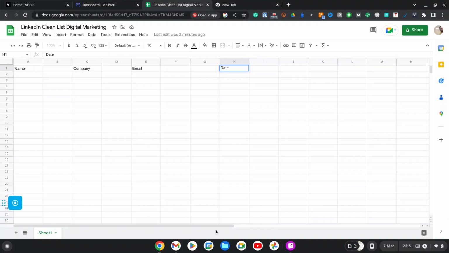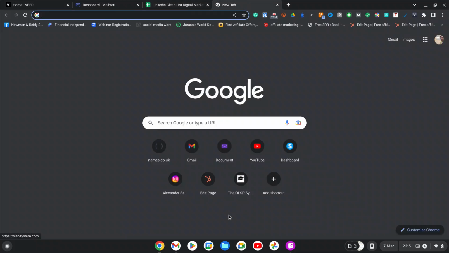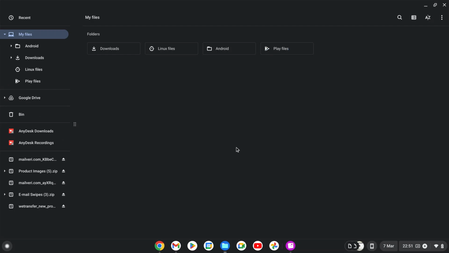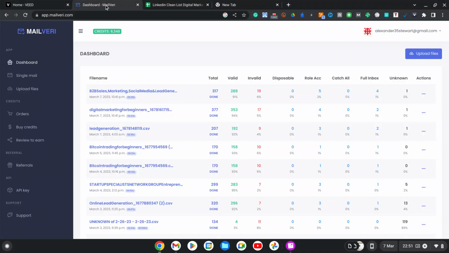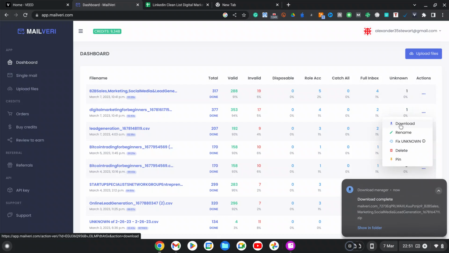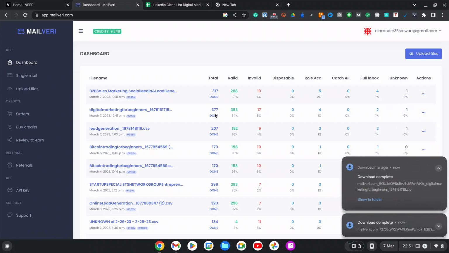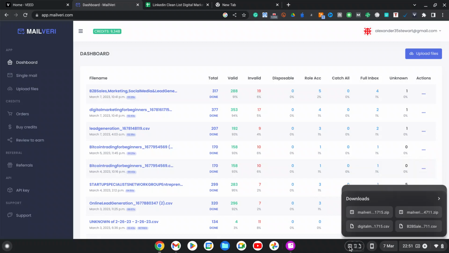So what we're going to do now is, we've got our clean list over here. We're going to load up these documents, and what we're going to do is we just come to File. Oh, sorry, I made a huge schoolboy error there. Right, what I'm going to do is I'm actually going to download these files, both of them. Now they're clean, so we download both files, and what I do is I come into both files,